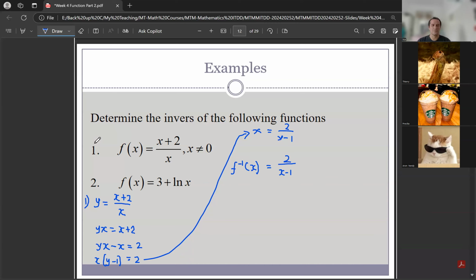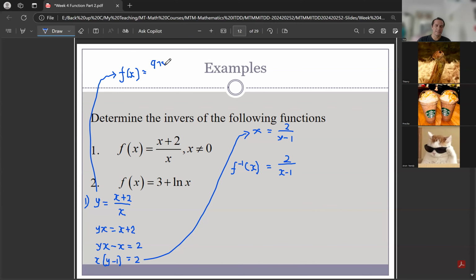This is the answer of this problem. This problem can be generalized, because we can use the same procedure. We can generalize by using f(x), not only like this, x plus 2 divided by x, but also in general we can find the inverse of